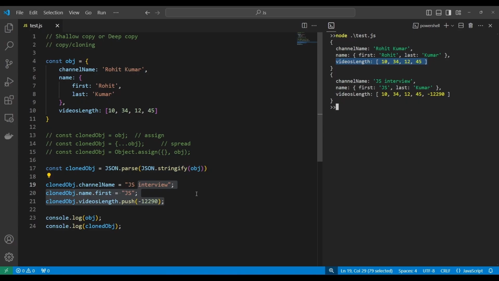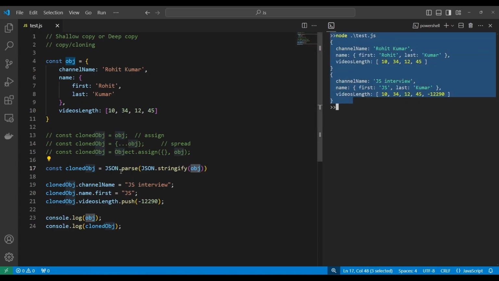But if you are further asked whether there is any exception to this way we did it with JSON.stringify and JSON.parse, there is a certain limitation with this approach also. What is being done here through JSON.parse is in fact a deep copy. But the exception is that